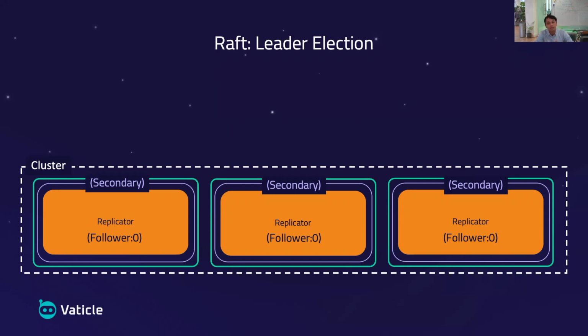The replicator instance in that particular server will always start as a follower. And in Raft, the election process is identified by a number, just like in the real world, when you're doing an election, you have an election term, right? Like this is election 2021 and this is election 2025 and so on and so forth. In the Raft protocol, an election is also identified by an ID, which we call the term number.